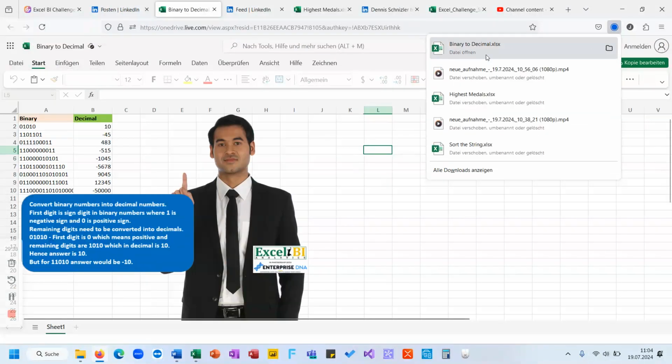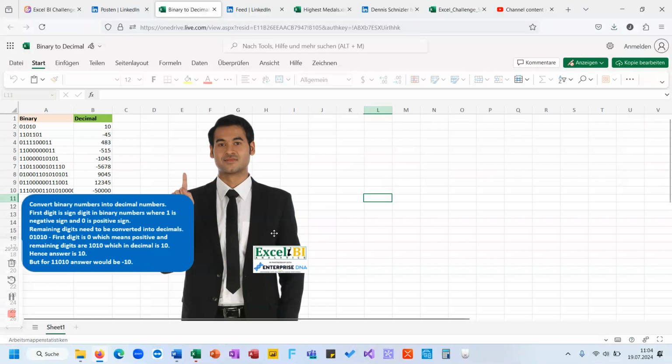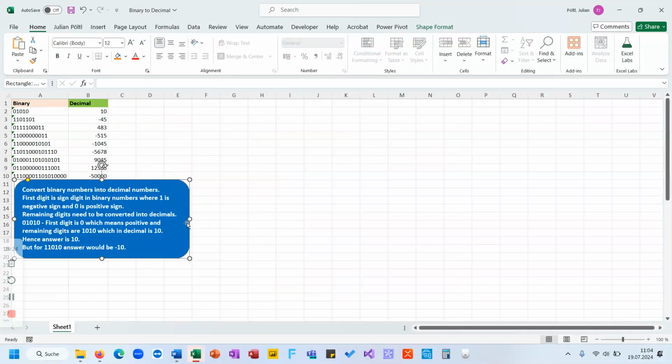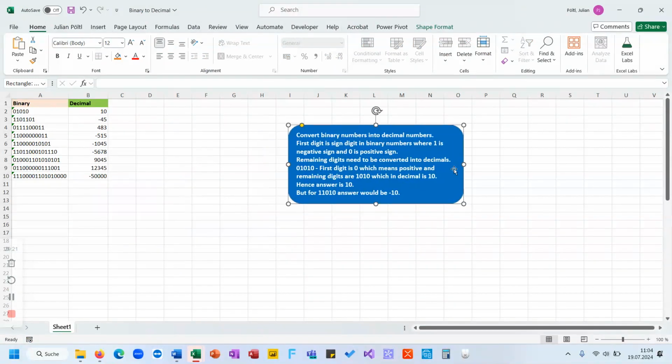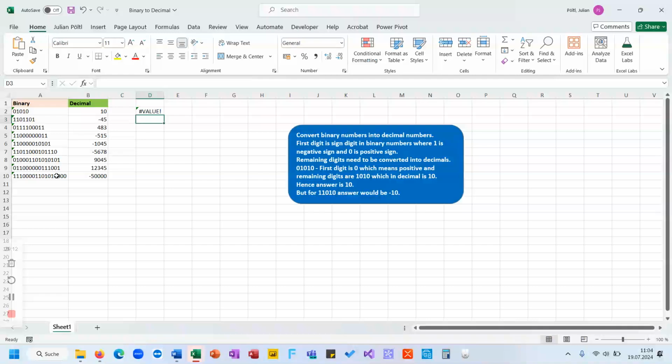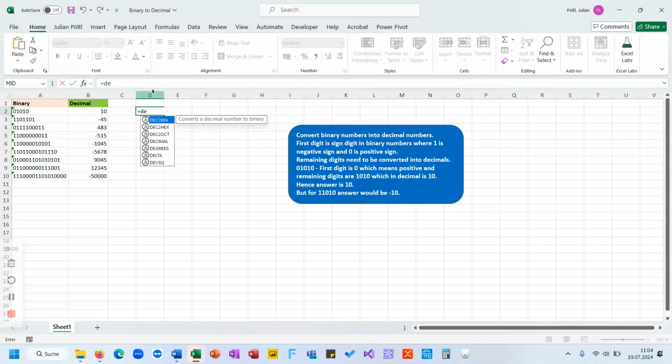So, will it open? Oh yeah, it is already open. So, we need to convert the binary numbers into decimal numbers. Okay, that's easy and not easy, because there's the BIN2DEC function. I need BIN2DEC,